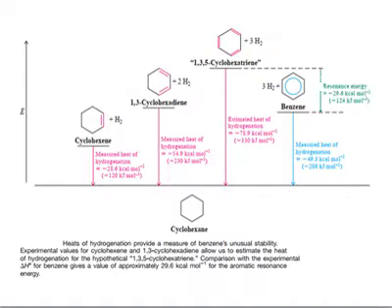This energy difference between cyclohexatriene and benzene is known as the resonance energy of benzene, right? The resonance energy of benzene shows that benzene is almost 30 kilocalories per mole more stable as compared to 1,3,5-cyclohexatriene. It also suggests that benzene is not 1,3,5-cyclohexatriene. So benzene is not just a simple system of double bonds in conjugation with each other,